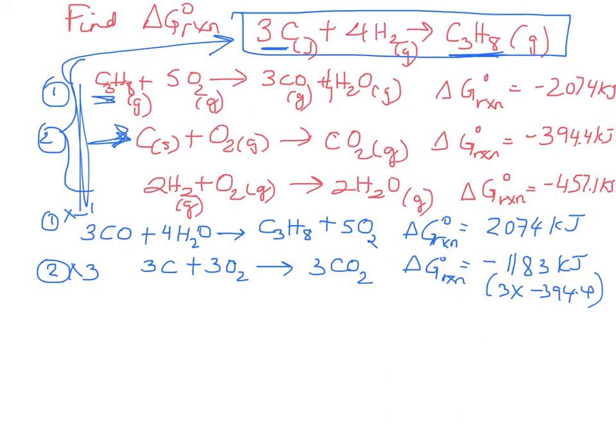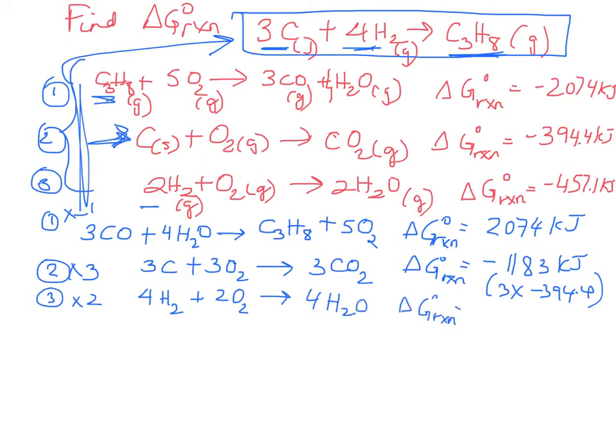All right. The next thing you should think about is that you have 4H2, and right now the given reaction is for 2 H2s. So I'm going to multiply the third equation by 2 so that it shows me 4H2, 2 O2s, and 4 H2Os. And the delta G naught for that will be negative 457.1 times 2, which is going to give me negative 914.2 kilojoules. And now I'm going to simply add